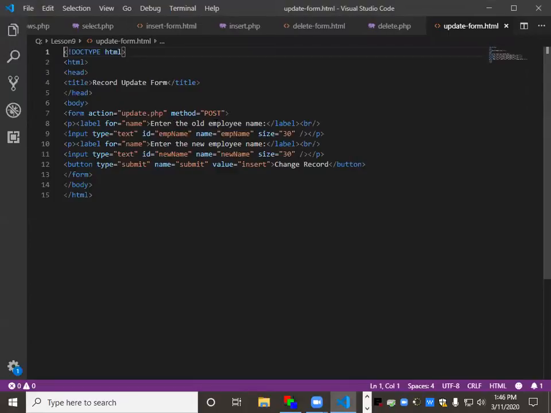So we've got the old name, we have the new name. So once you've got the update form, then we are going to create